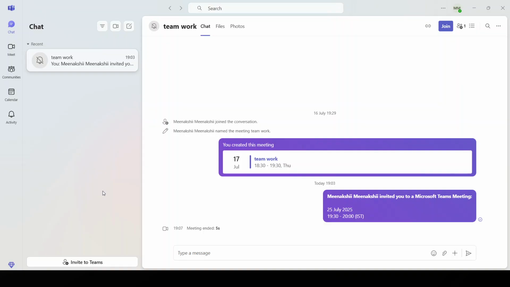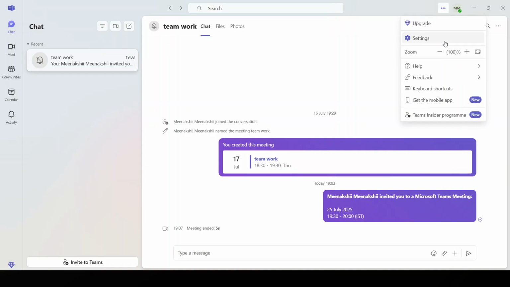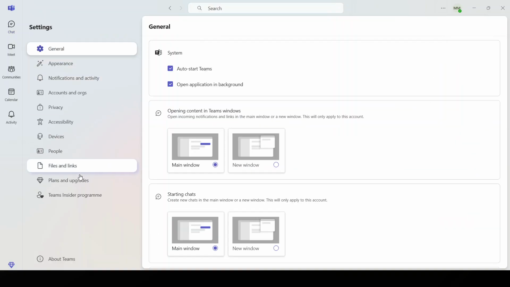your team. Let's dive into the process together, starting from the very beginning by opening up Microsoft Teams on your device. Once you're in, look to the top right corner of the window. You'll see your profile picture or the initials of your account. Clicking here will open a menu where you should select the Settings option. This will lead you to a new window where you can adjust many aspects of Teams to better suit your